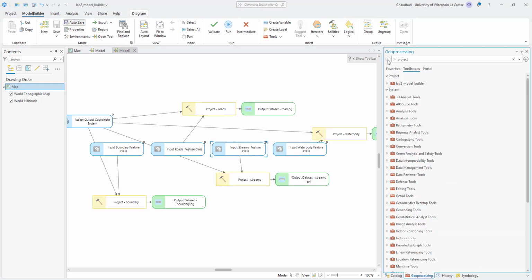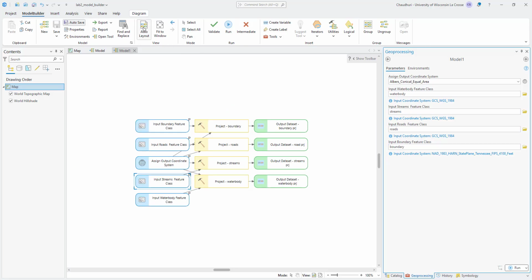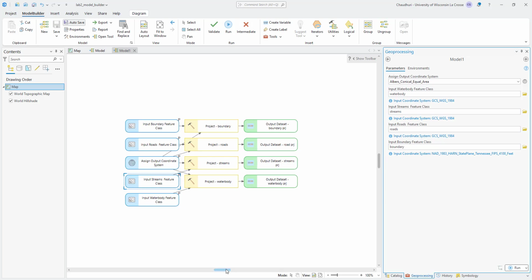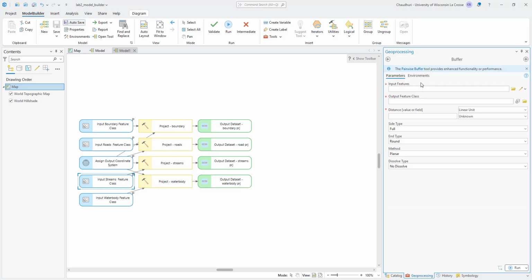And if you want to open the interface, the GUI for the model, this is what you see. All the renaming that you did is on top of that option where you can insert your feature class, and also I clicked on the auto layout button to lay out all the tools nicely so that it's more organized. And I'm going to add the next tool in the pipeline, which is the buffer tool, and that's just